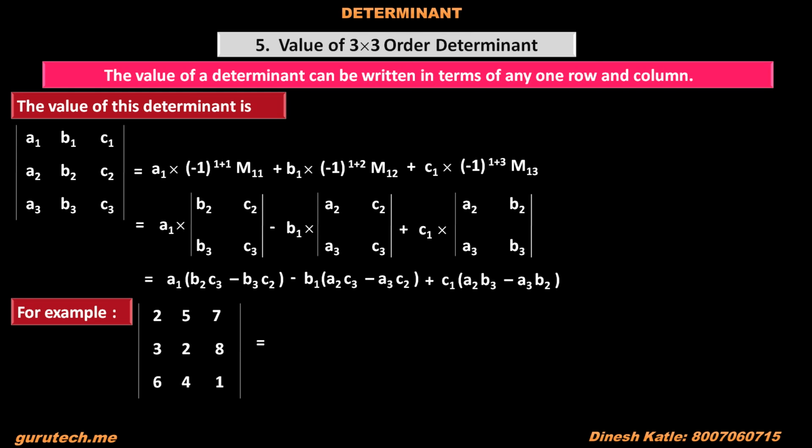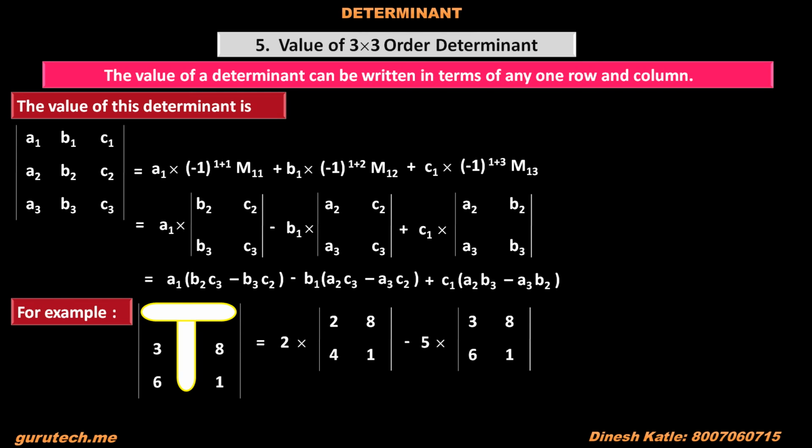Value of this determinant is equal to 2, which is the first element in first row, into its cofactor, its minor 2, 8, 4, 1, minus 5, second element of first row, into its minor 3, 8, 6, 1, plus 7, third element of first row,